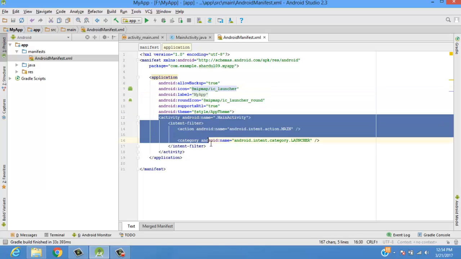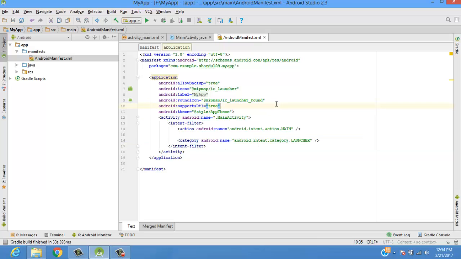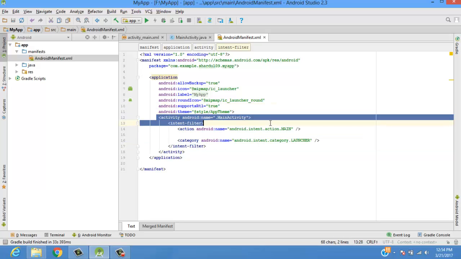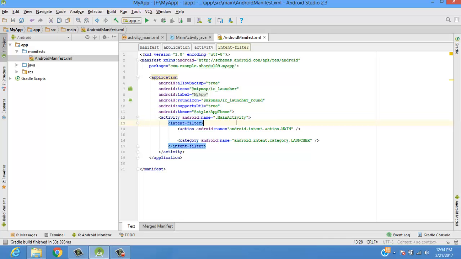So let's just focus on what the Android manifest has. It has an activity. The activity which we create, that is the .java file, or you can say the main activity, or the multiple activities which we'll create further. So we specify here our main activity which is to be called. As I have told in the earlier videos, once you launch or run your app, the main activity is loaded. So how does the application understand which activity to load once you open your app? It is over here, as we mentioned,